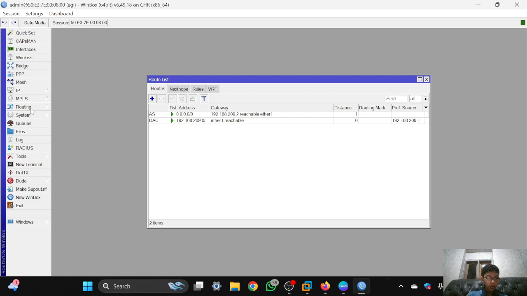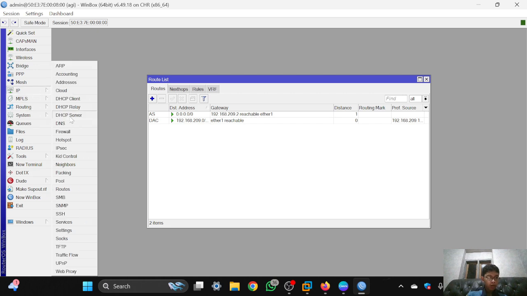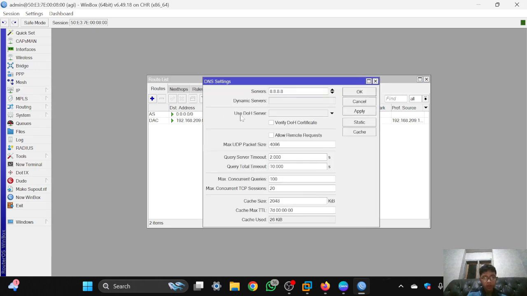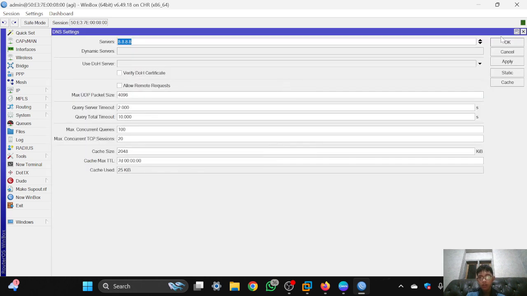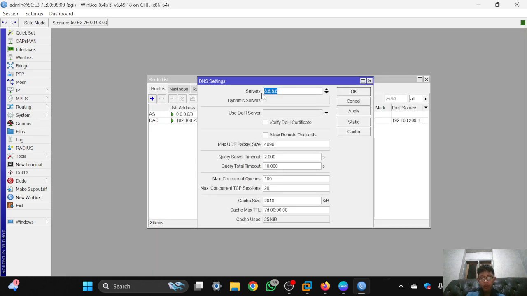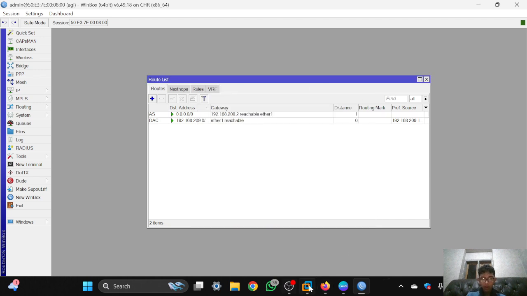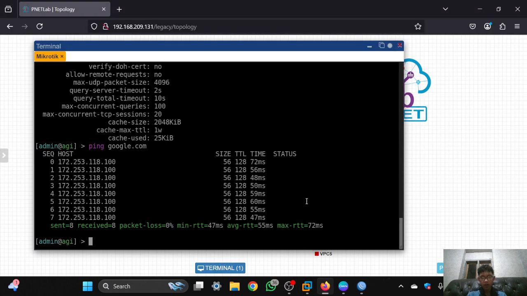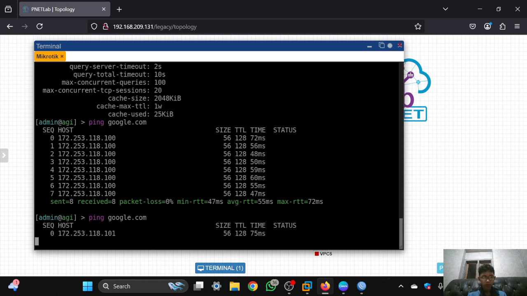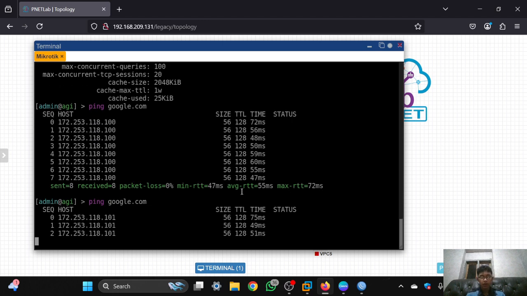Then customize the DNS, and it is the default settings. The server is 8.8.8.8, the IP of Google, and click apply and OK. Now you can connect to the internet, like this.